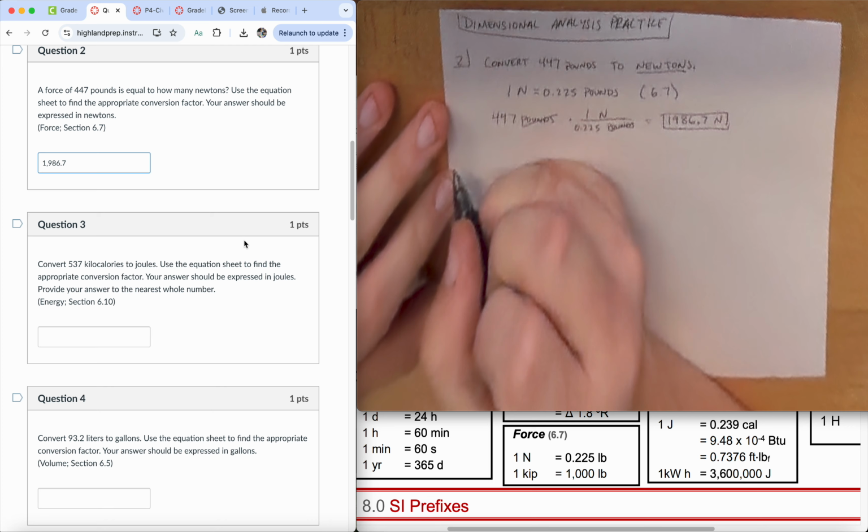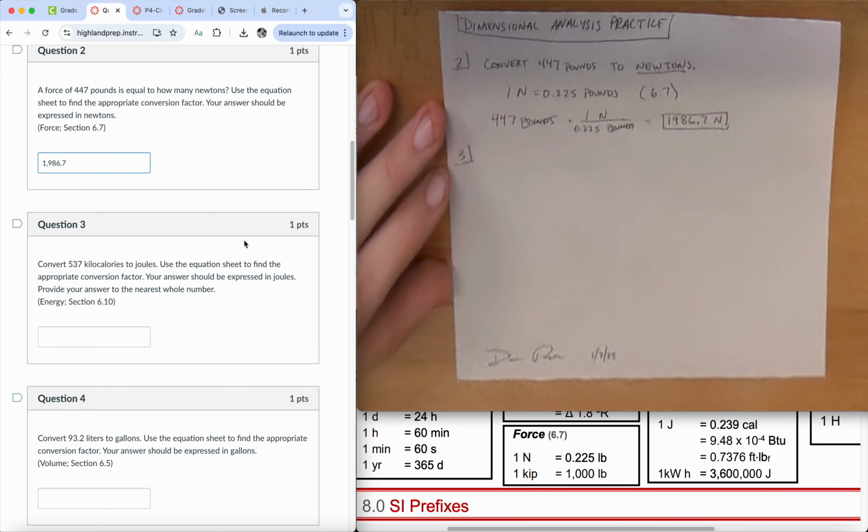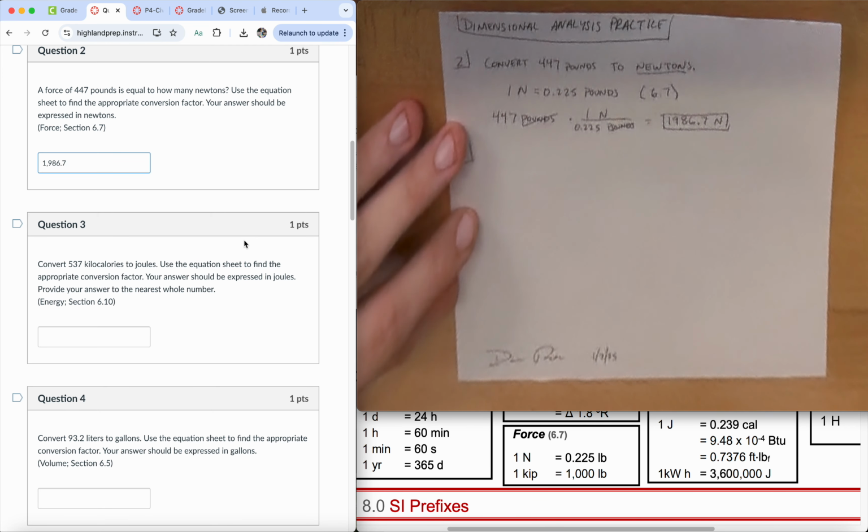Next video, we're going to go through question number 3. In question number 3, we're dealing with kilocalories as well as joules. This is in terms of energy, is what these units are. So what we want to end up doing is convert from